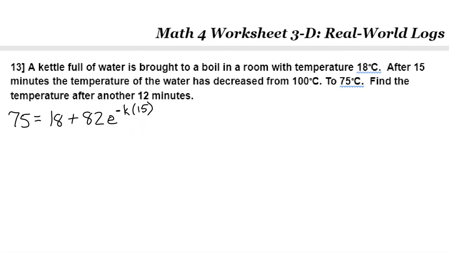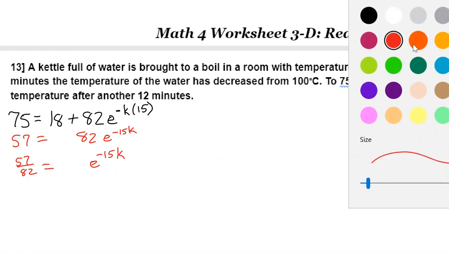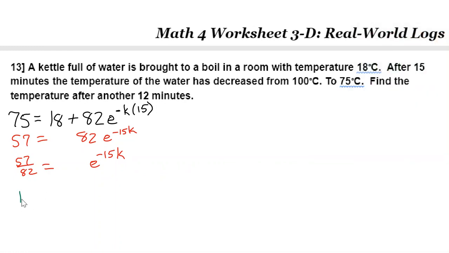So if I subtract 18 from both sides, that's going to be 57. And then if I say that 57 divided by 82 is equal to e to the negative 15K, I'm going to turn around and rewrite this as log base e of the fraction equals negative 15K,